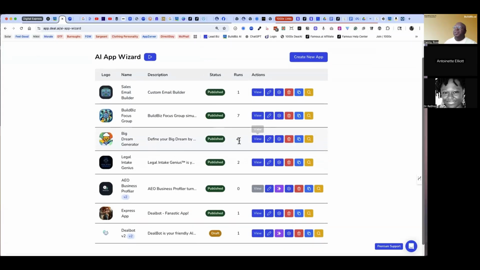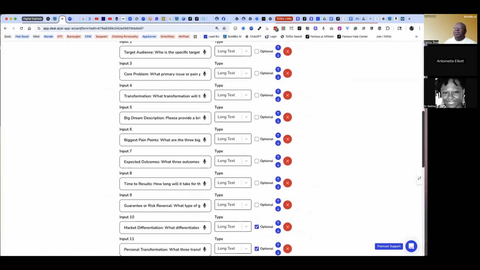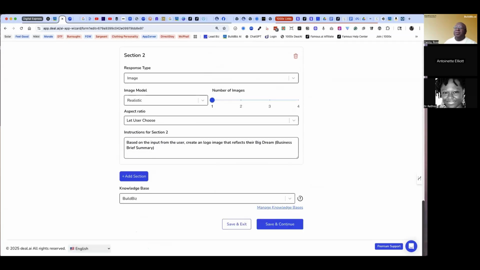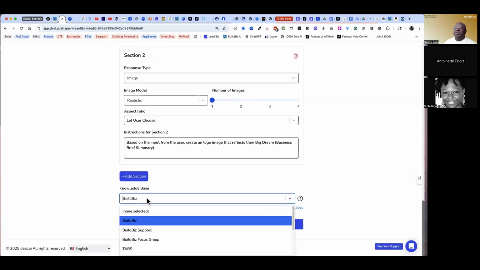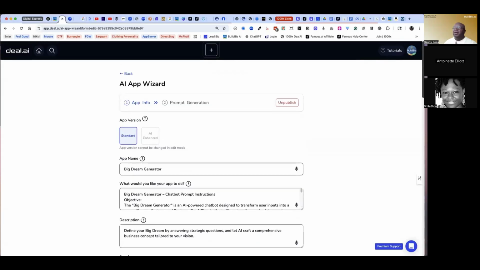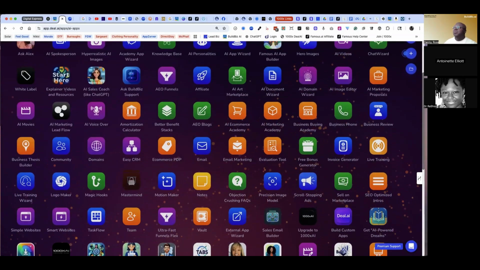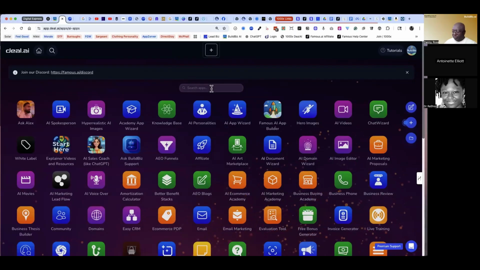For instance, the Big Dream Generator. Let's go into it. Let's see what it's trained on. Down here. Yep, it's trained on Build Biz. This is the knowledge base that is being used, and you can select a different knowledge base. You can share one knowledge base with multiple apps, but the idea is this app is trained on the Build Biz knowledge base. If I go into the knowledge base itself,